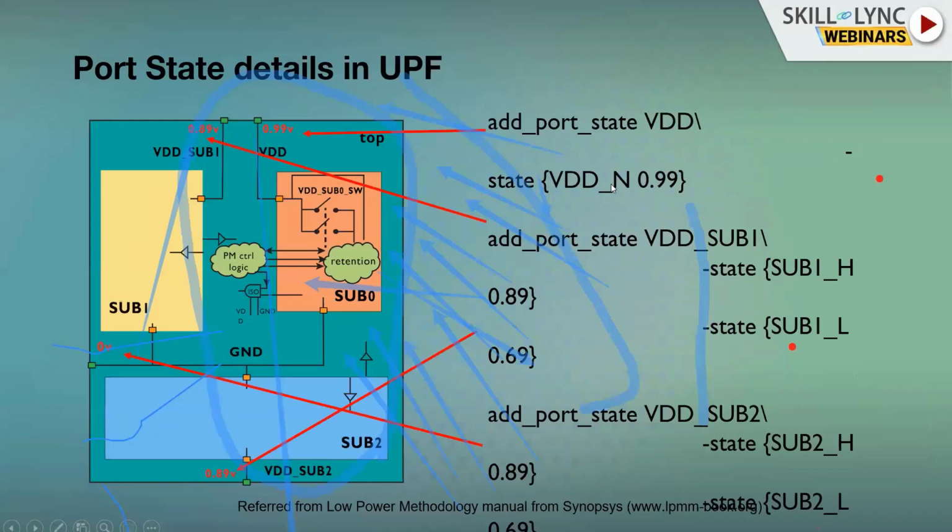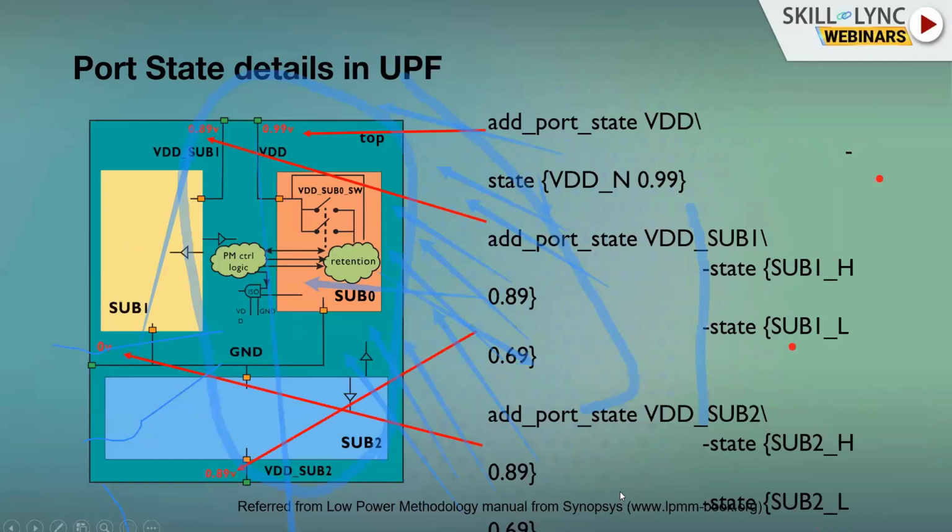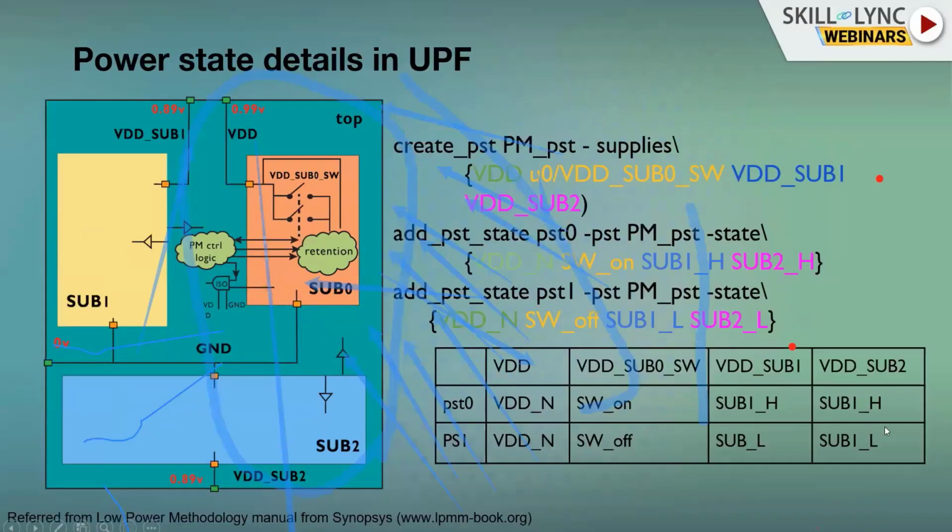Whatever it is, the VDD-VNN 0.99, that is what gets substituted here. And SW on gets its value from this table, which is not shown here, but you get it from that particular table. And the value for this also will be substituted here. This is straightforward. We are taking all the supplies on, that is the first sequence.